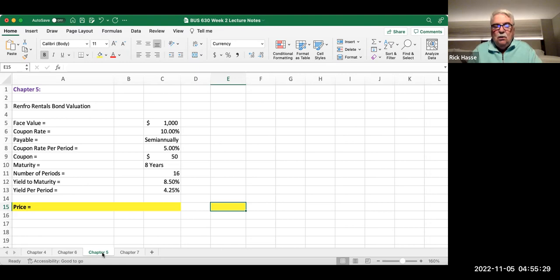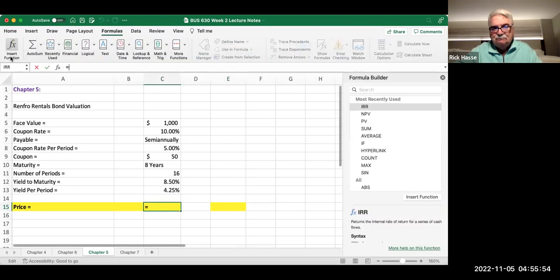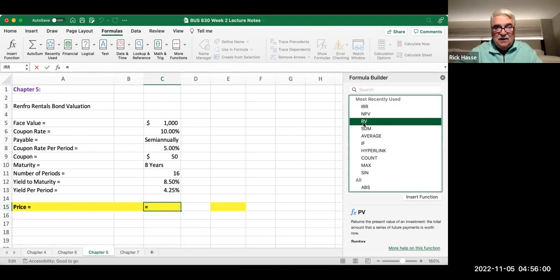So if I want to go into the bond market and sell this $1,000 bond, how much am I going to get for it? It's based on the yield to maturity and the present value of this $1,000 10% bond in a market of 8.5%. And there's a great way of calculating that using our formulas, function, our calculation of present value, PV,